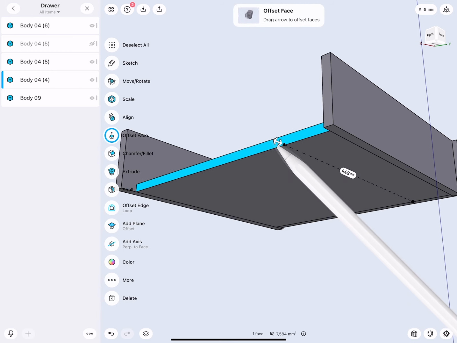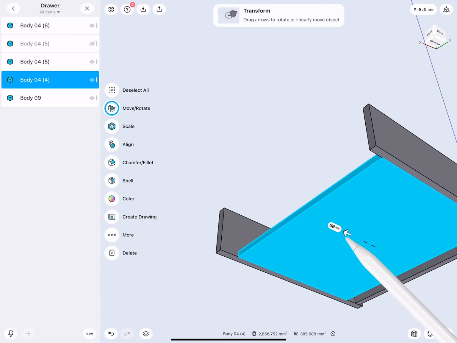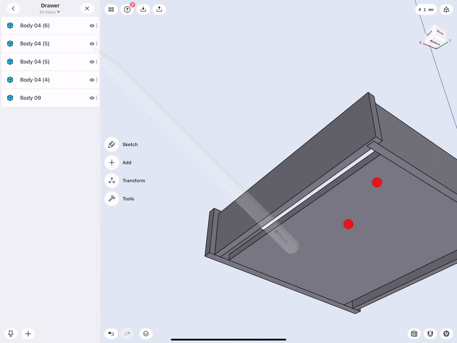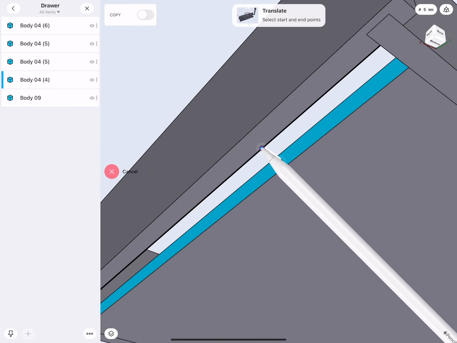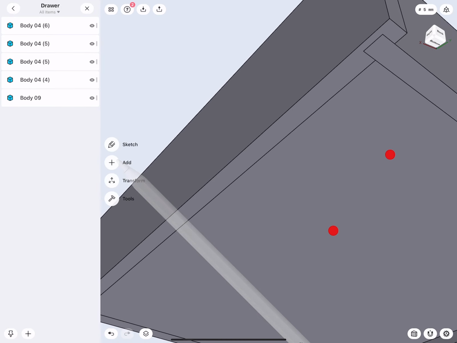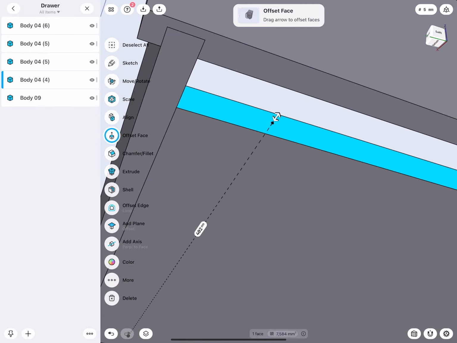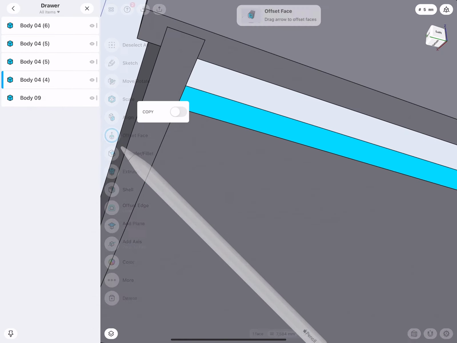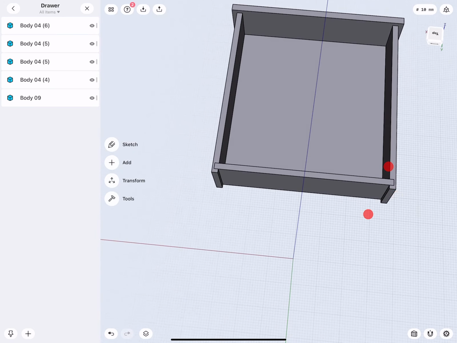So let's do it this way. Double tap to here. Show everything. And then we will use the translate trick. There. Very good. And translate. There. Look from the top.